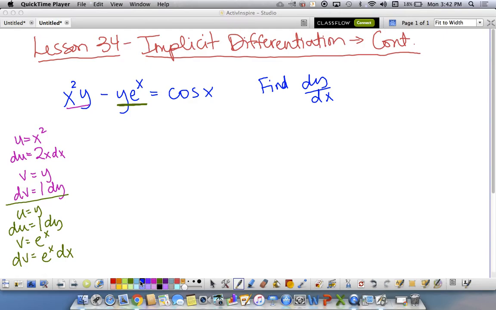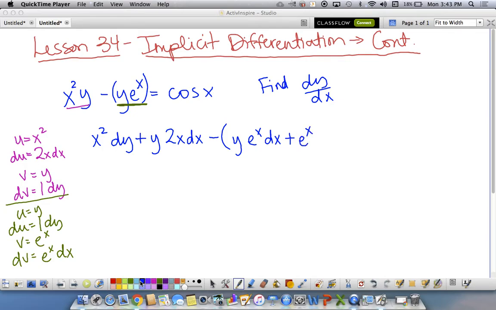So the pink one: first, d second, plus second, d first. Okay, don't forget that. Minus, remember this parentheses, okay, when there's a negative there, because I didn't put a negative with my piece. First, d second, plus second, d first,